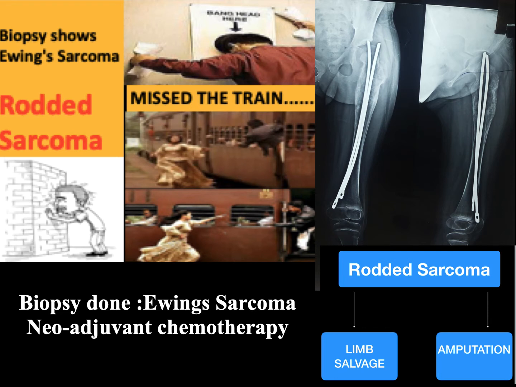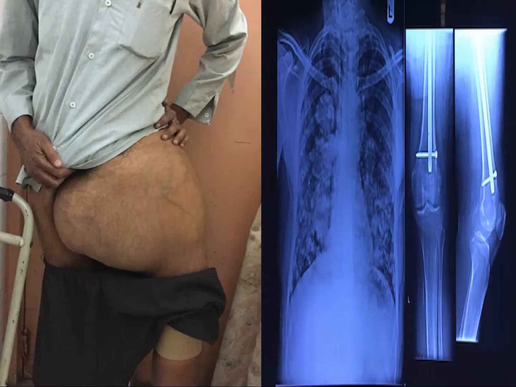So in this case, there are two treatment options available. Either we can perform hip disarticulation, or we can try to salvage the limb with the help of an expandable joint. Going to another case, a case of femur where a pathological fracture was present, and again the surgeon thought it was a benign tumor or a traumatic lesion, and he put a nail,